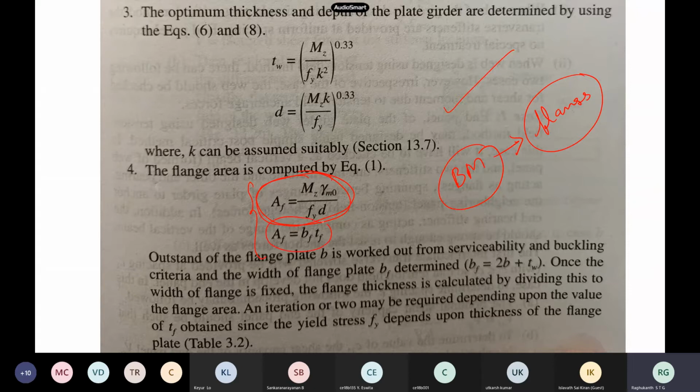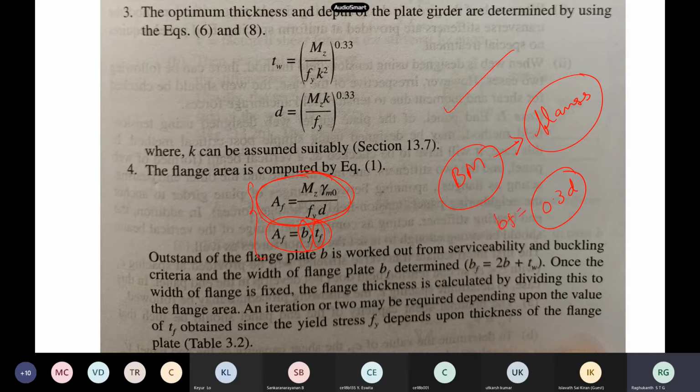So from this expression, you find out the area, and to find out the breadth of this flange, what is the guideline? There are some empirical things, like some textbooks use 0.3 times the depth, whatever you got from the previous step, that can be taken as the breadth of the flange. There are so many guidelines.